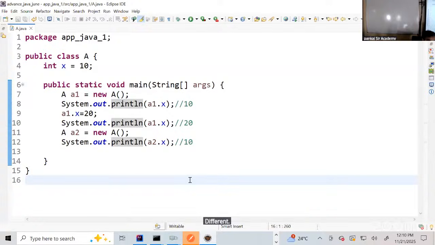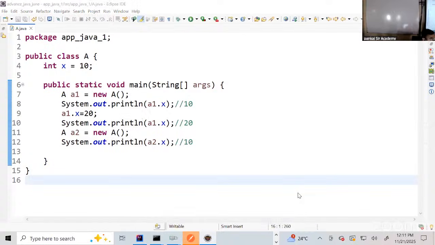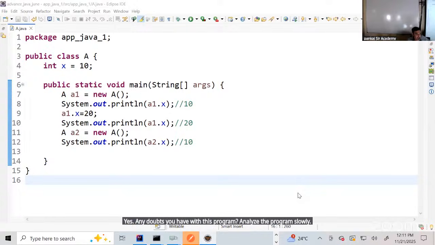Are you understanding now? Yes? Students, online students, please tell me. Yes? Any doubts do you have with this program? Analyze the program slowly. Analyze the program slowly. Yes, Suraj Yadav. Any doubts? Any questions? Okay. Now